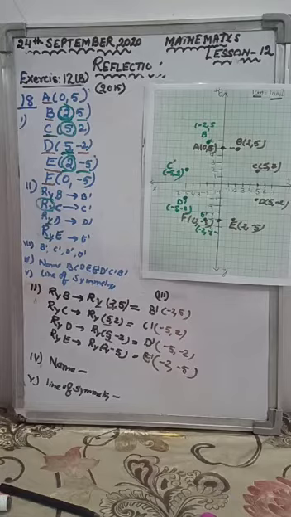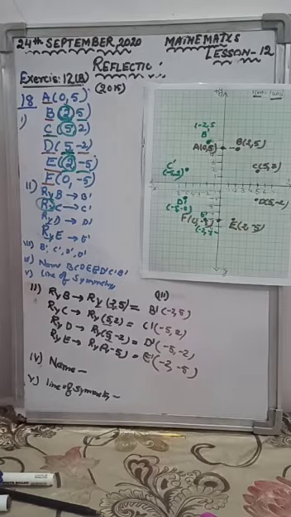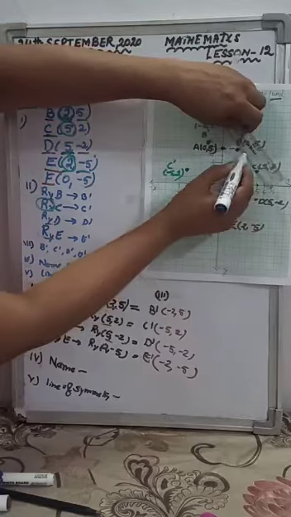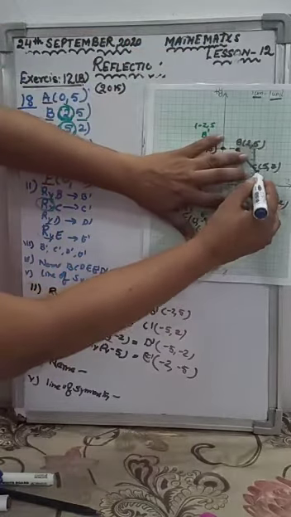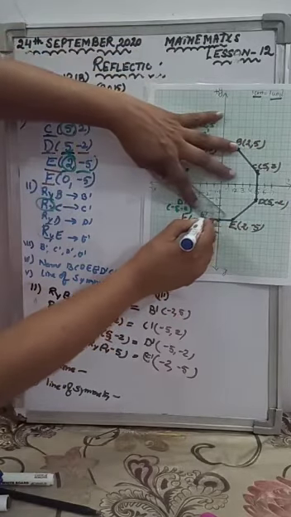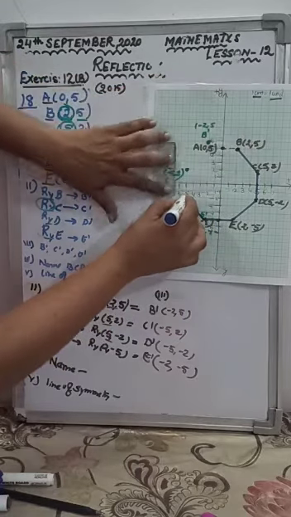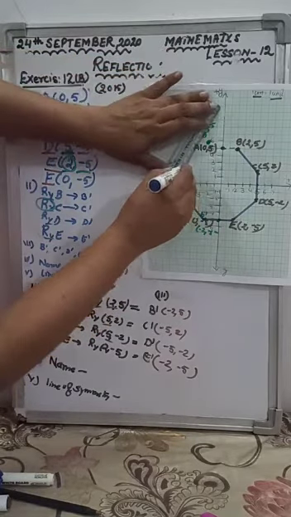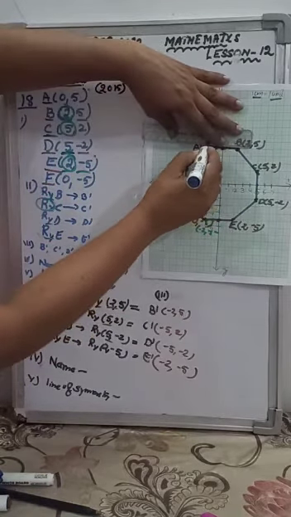In the fourth part, they are asking the geometrical name of the figure. So first of all, let us complete the geometrical figure. B, C, D, E, E dash. After E dash is D dash, after D dash it is C dash, and after C dash is B dash again. Clear? And then we will complete this.